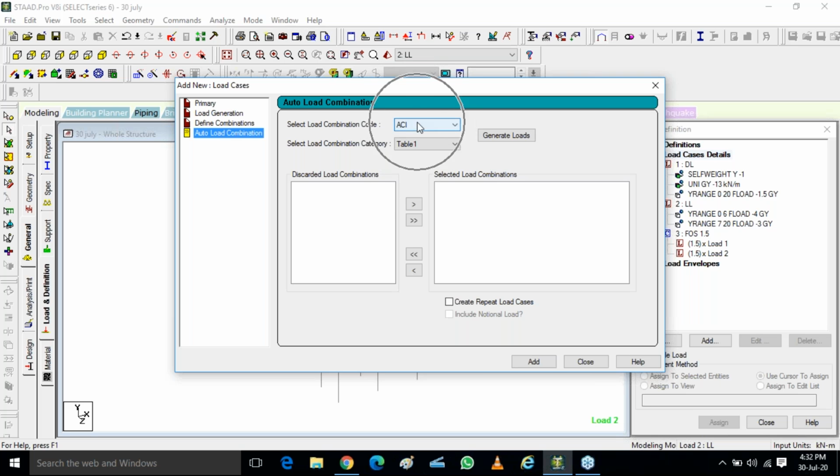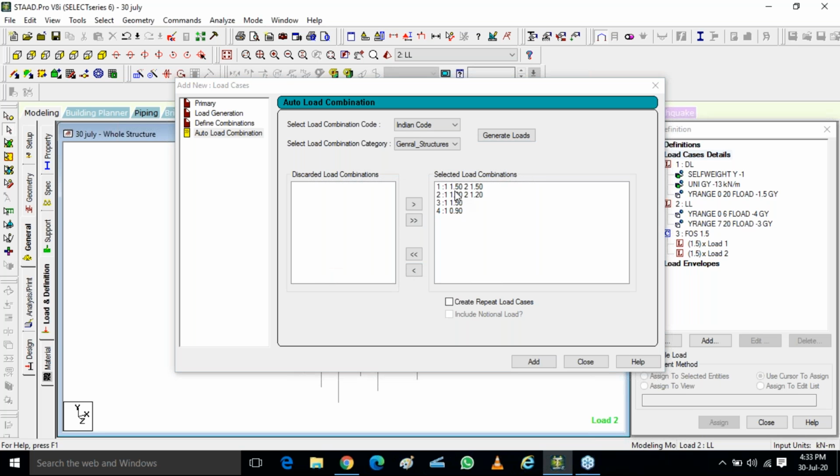I have to just select what standard I am using. I am using Indian code. What structure is it? There are only two types of structure, general structure, which includes RCC and steel plastic. So I am using general structure and go to generate load. Automatically the loads will be generated as per the codes. Can you see this?